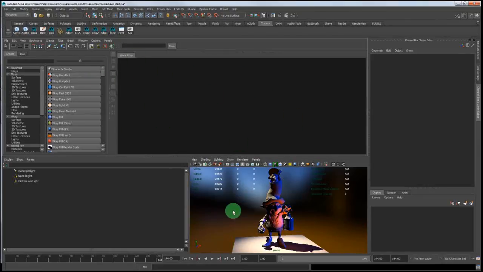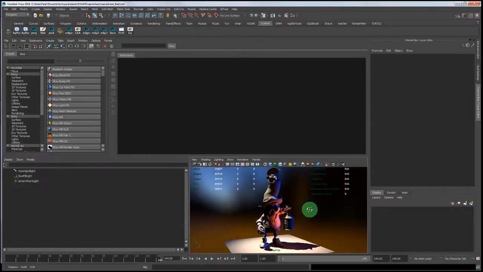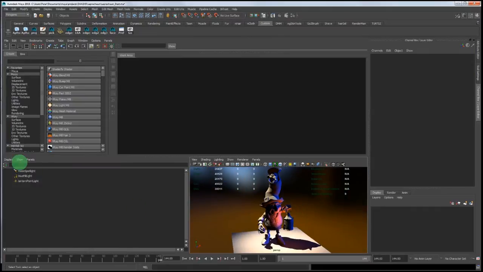You should see this triple view layout where we have Hypershade at the top, our perspective view in the lower right, and Outliner in the lower left. First I want to show you guys something. Let's look at what the objects are, what the pieces of the Leprechaun are, and let's check out its UVs,